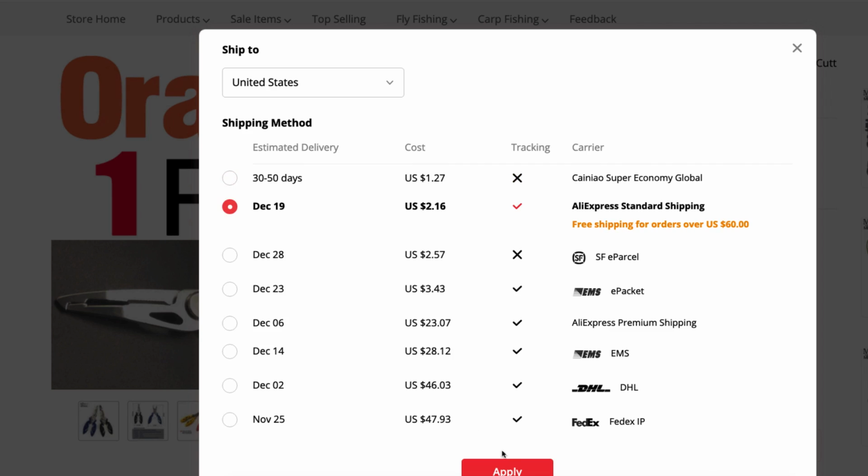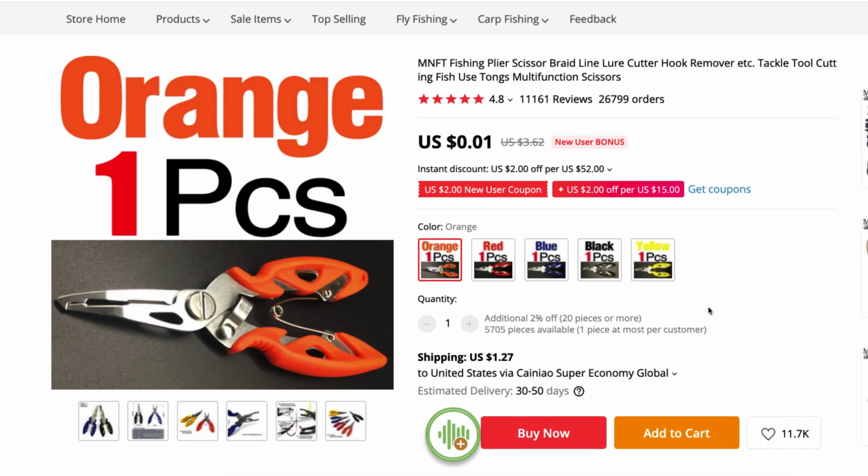So the third option, and this is what I do, is I will test something by shipping it from China, from AliExpress, and I will tell the customers up front that they have to wait this long. And if I see that they're selling well, even if they have to wait 30 days to get it, well, I will come in here. For example, I would see, okay, what color is the most popular? So I would test this for a week, maybe 2, 3 weeks, and see how many orders I get in a day. And if I'm selling 3, 5, 10 a day, then I would come in here and actually order